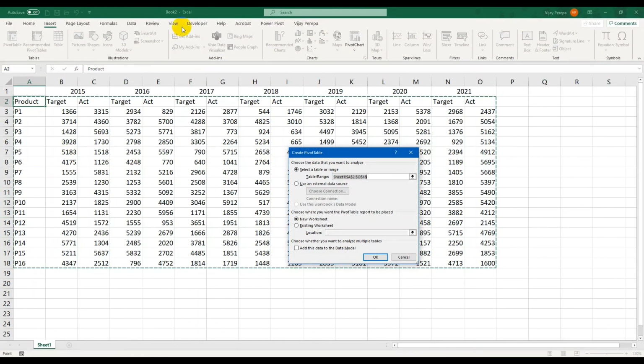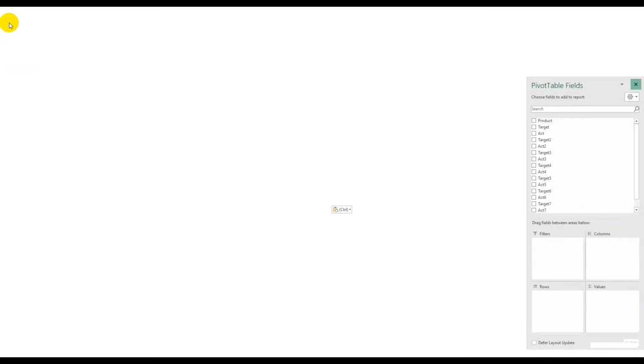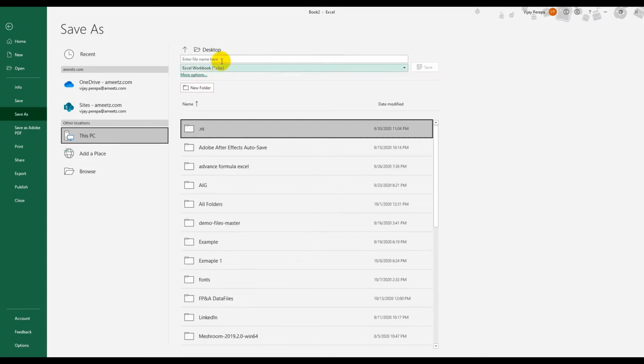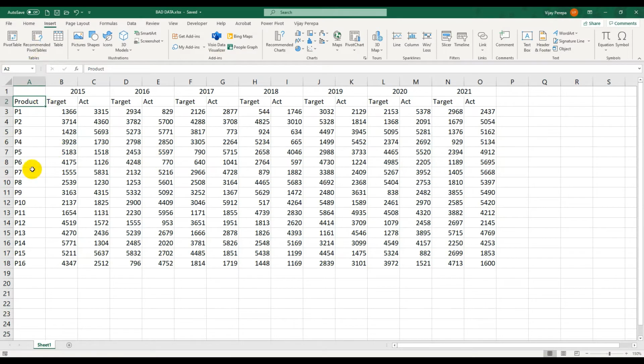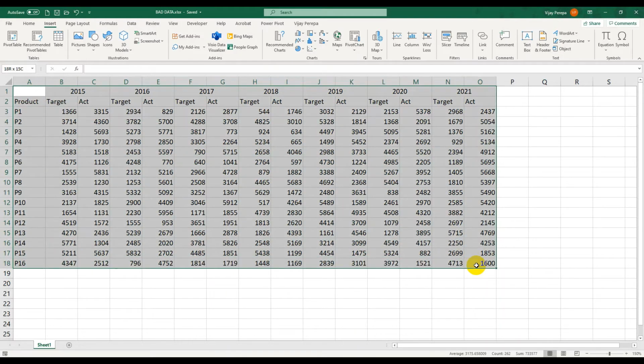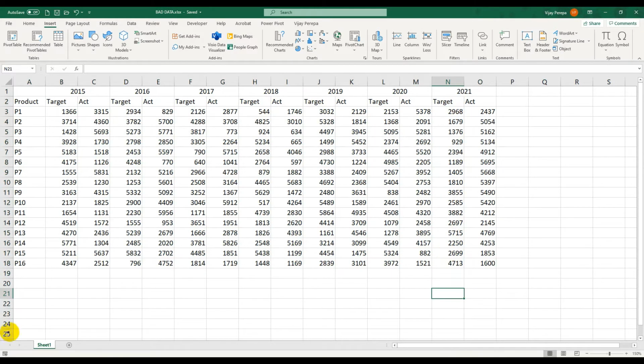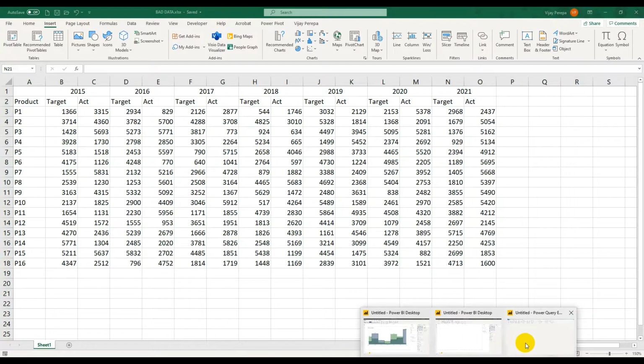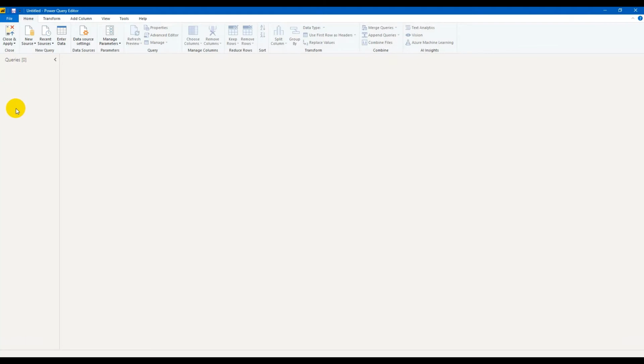This is the data. The name of the file is book2. So first of all, I need to save this file. So let me close this and save as, let me save this as bad data with a space. And this is saved on the desktop, so I know the path of the desktop, and this is not a table, this is just a sheet. So we are getting the data from a sheet, and the sheet name is Sheet1. So now I'm using the syntax in such a manner that Power BI can understand where from it is getting the data. Let me jump into Power Query Editor and then start creating the query.